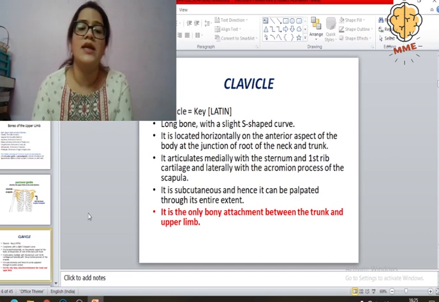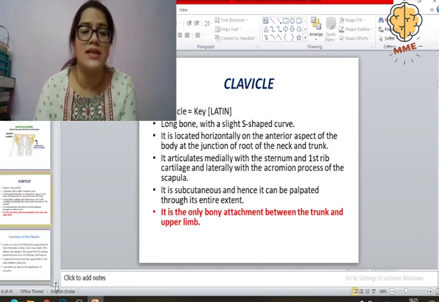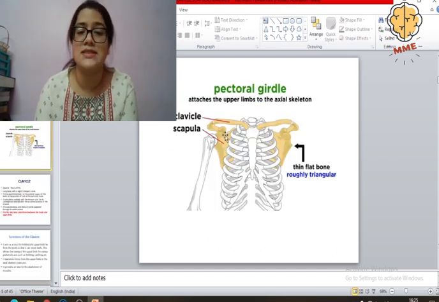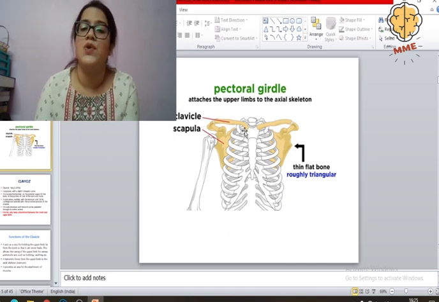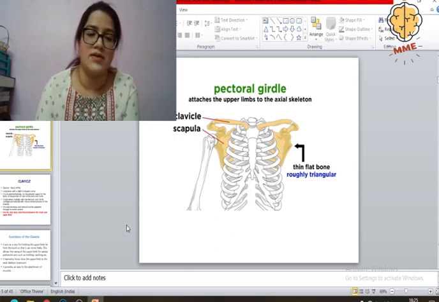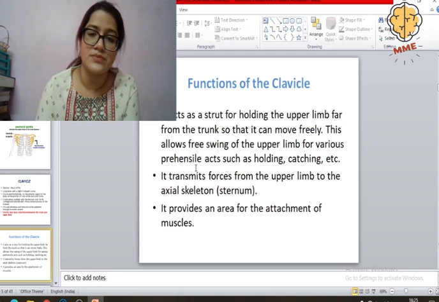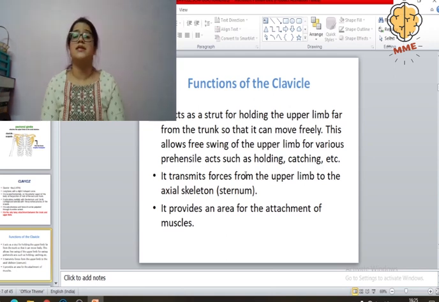It is the only bony attachment between the trunk and the upper limb. Like I told you, this scapula is not attached directly to this rib cage. It is not directly attached to any bone of the axial skeleton. So direct bony attachment of the trunk to the upper limb is done by this clavicle, right? This clavicle. Now the functions of the clavicle, it acts as a strut for holding the upper limb far from